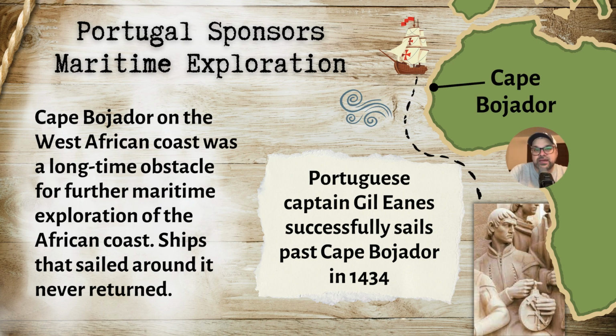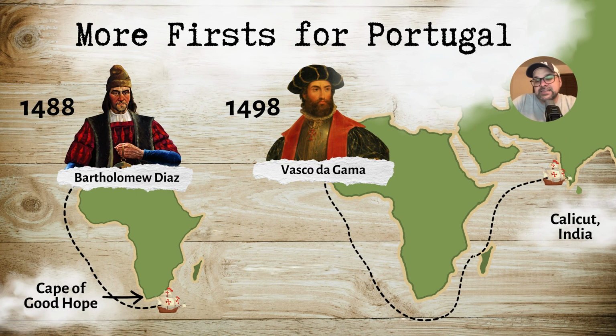So this will pave the way later for Vasco da Gama to discover the route around the Cape of Good Hope at the very southern tip of Africa. So this is really just setting the stage. We're starting this process that will eventually lead Portugal around the southern tip of Africa. And it takes two attempts really for Portugal to get around this southern tip of Africa.